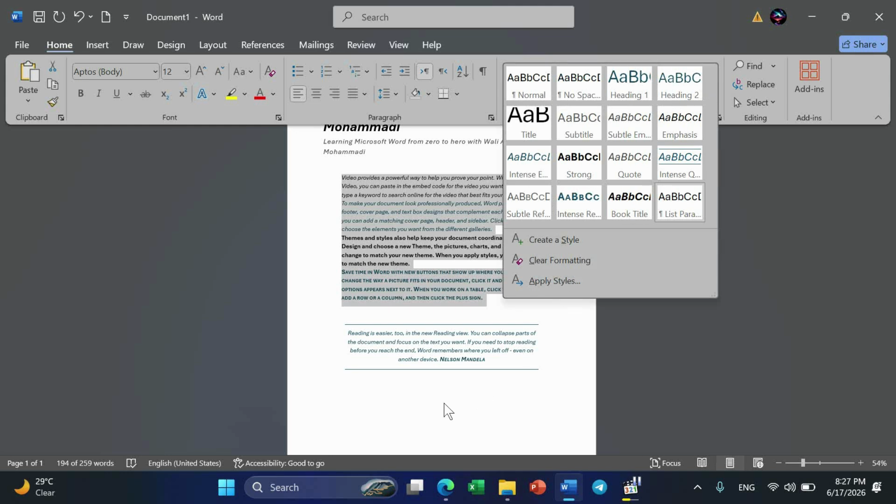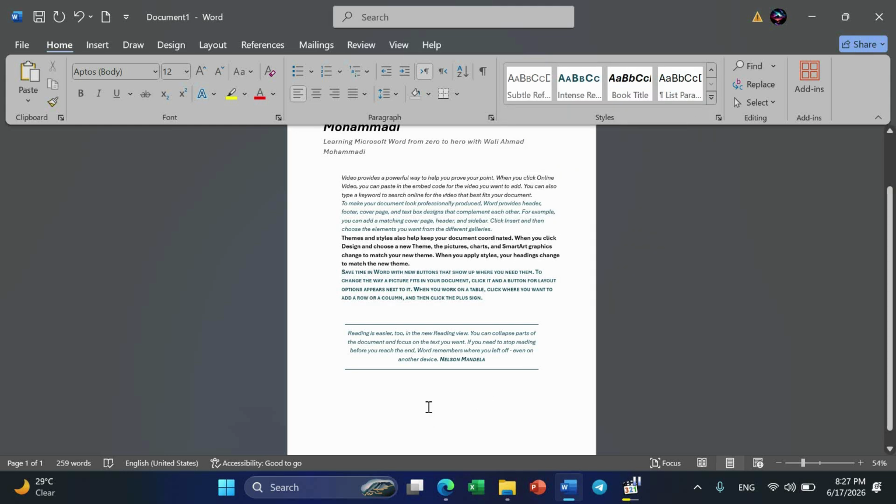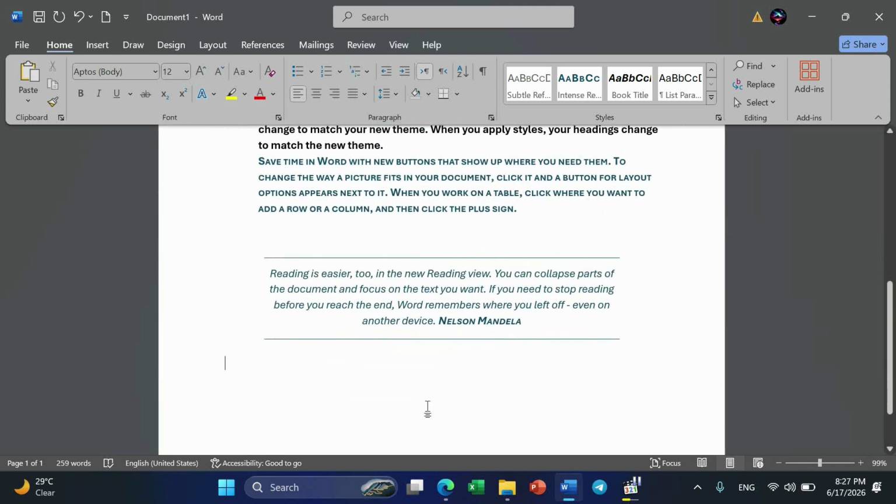is about the headings. The first thing that I should tell you: heading is the most important part in the Word program if you are going to write a monograph, article, or anything else. First, you should find your titles that you are going to write about. For example, if I want to write a book or a topic about the Word program, my titles and my headings are going to be